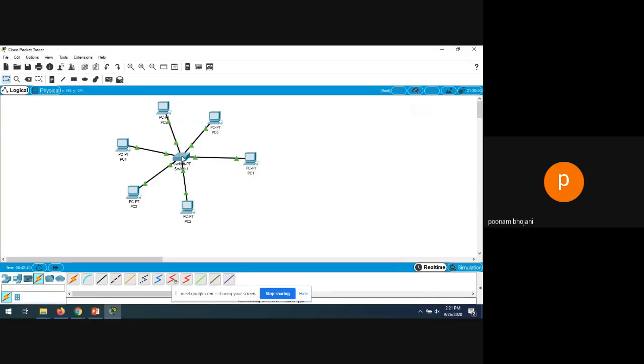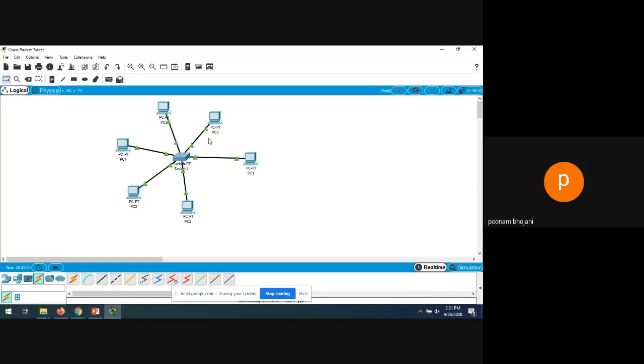It will not send the data to all the devices connected to the switch. Data will be sent to the specific destination only, because it reads the addresses. Okay, so now the connection is done.